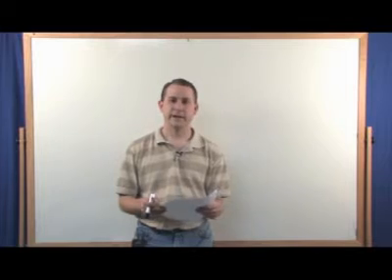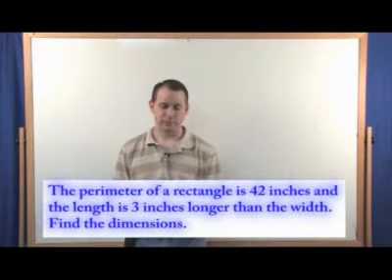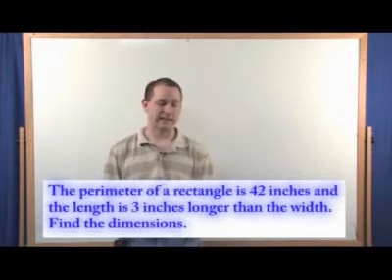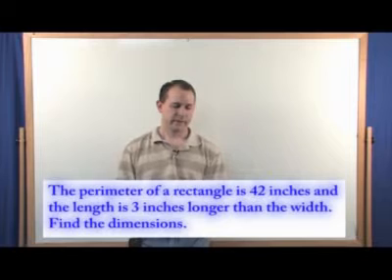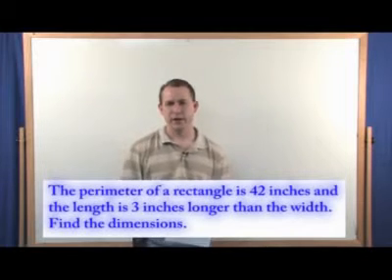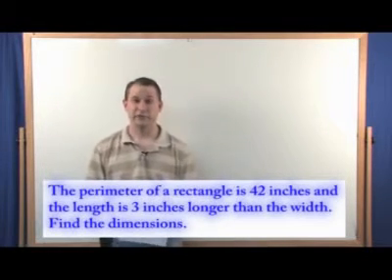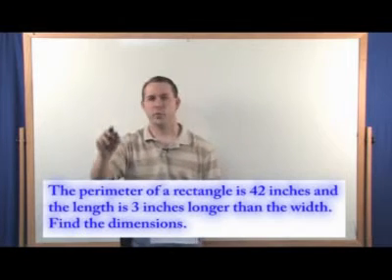The first one says the perimeter of a rectangle is 42 inches and the length of the rectangle is 3 inches longer than the width. Find the dimensions of the rectangle. So the only thing that I really need to point out here that you may or may not know is the perimeter of something just means how far all the way around